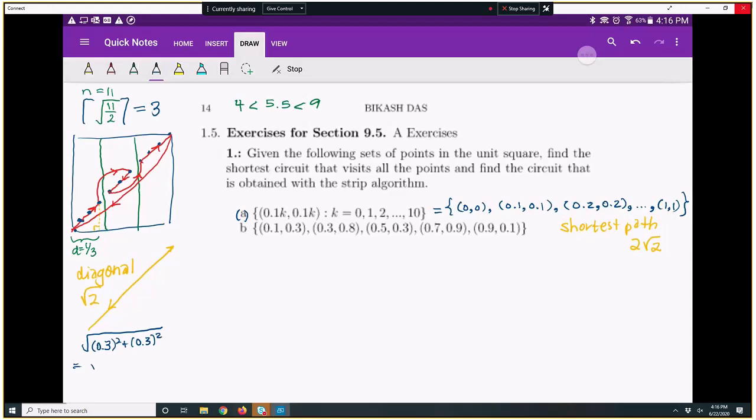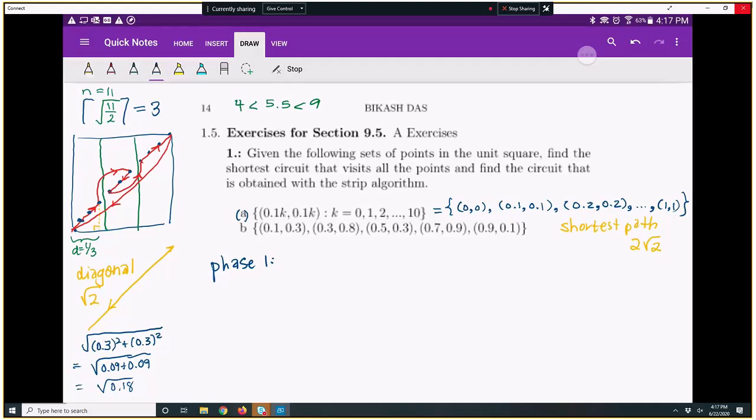That's equal to the square root of 0.09 plus 0.09, which is the square root of 0.18. And I'm going to do the same way of computing the distance for each of these. Remember, I'm thinking of them as straight line paths. So I'll skip that work here, but you can verify along with me if you wish to pause the video